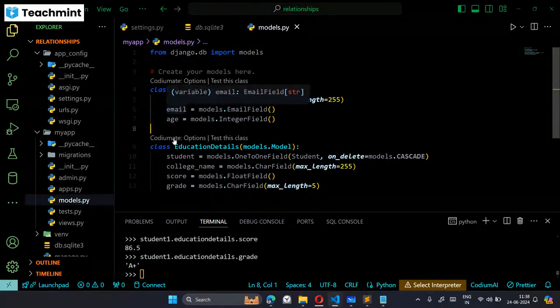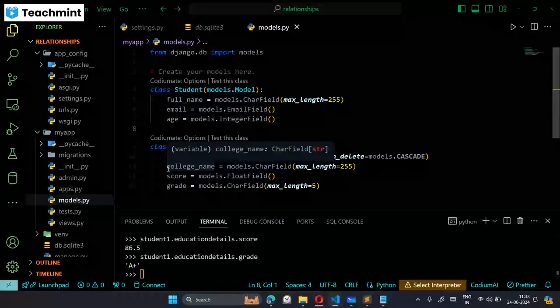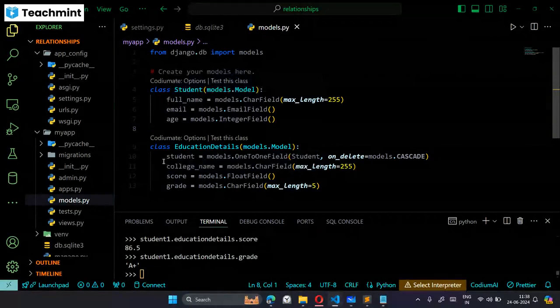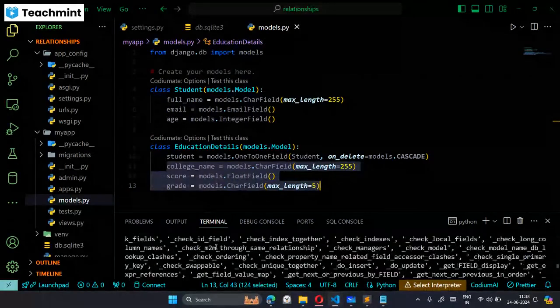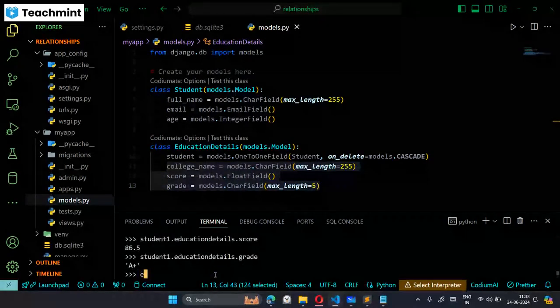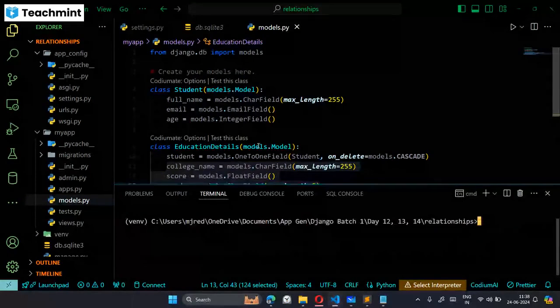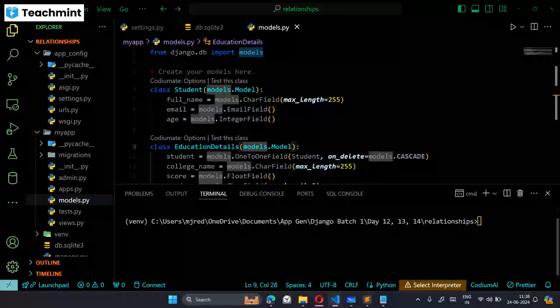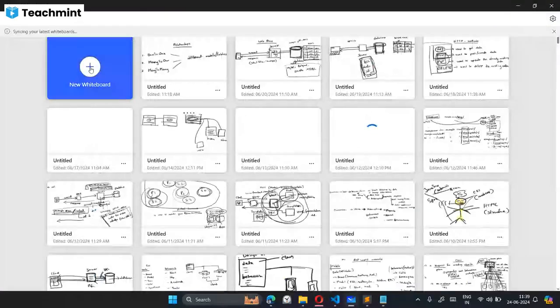So the advantage of this relationship is that you can access the columns of your related table fields as well. From the object of this particular student, you can access the related field names as well. Okay, so this is the advantage of making a relationship. So the first relationship is the one-to-one relationship. Does anybody have doubts regarding one-to-one relationship? Okay, next,